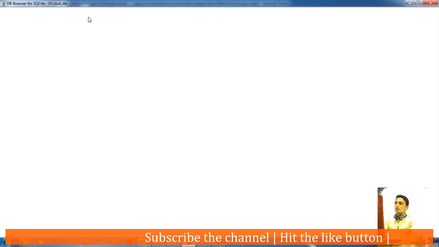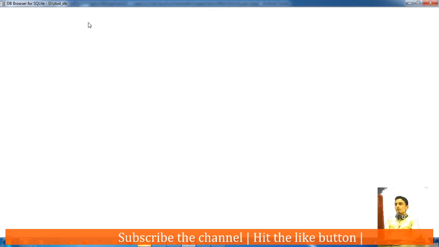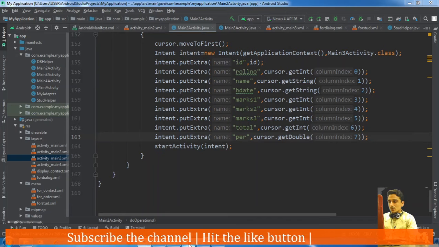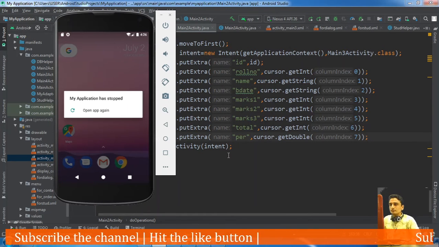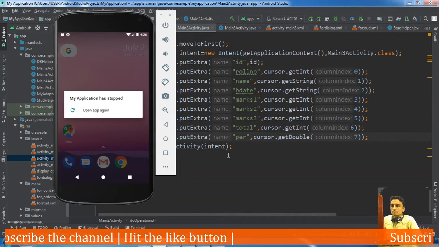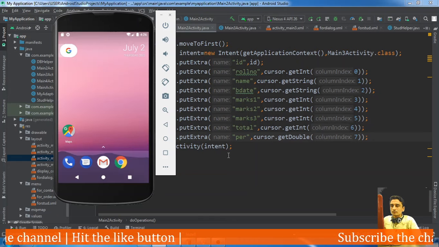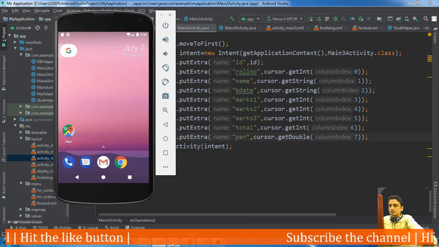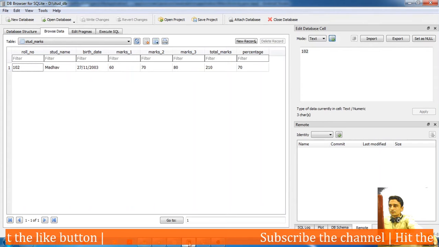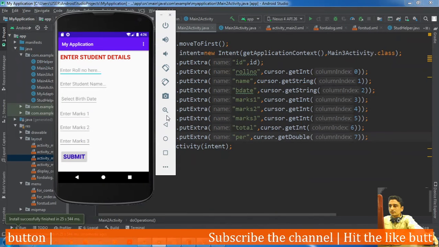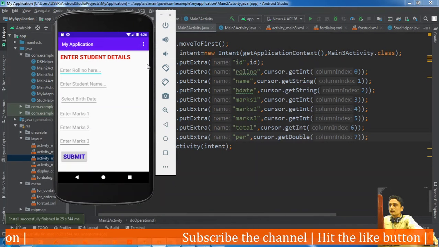There are 7 records in our table, so it should show those records. Yeah, 8 records. Let's check it again.